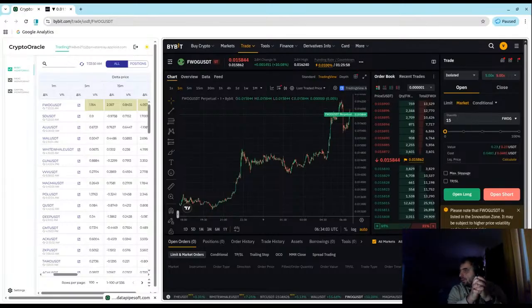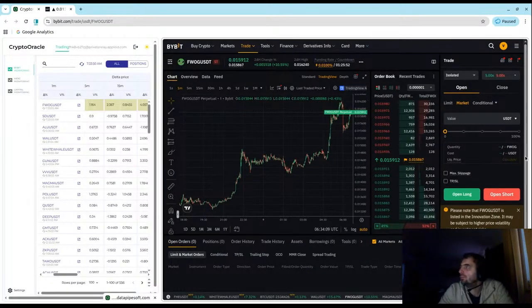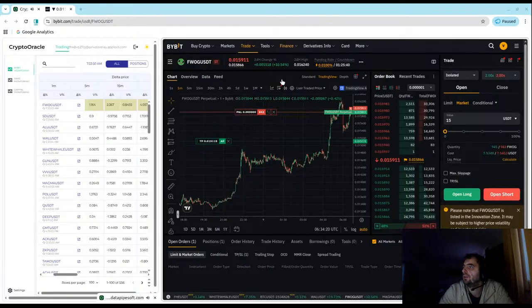While I'm using isolated margin, and I'll show you a few settings in a second. Liquidation is close, and the robot is changing the leverage straight away.